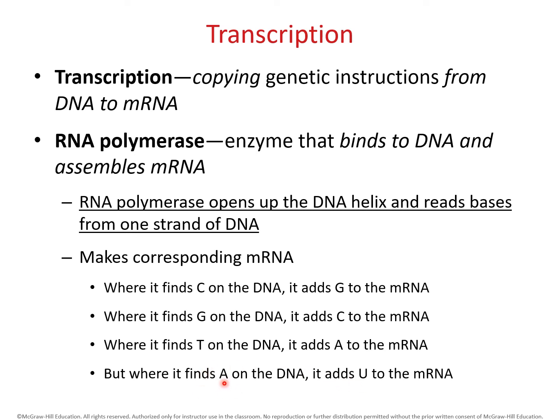So that means wherever RNA polymerase finds an adenine on DNA, well, normally adenine binds with thymine on DNA, but in RNA there's no thymine. So adenine will then bind with a uracil, or actually RNA polymerase will create a uracil that can match up with that adenine on mRNA. So you see how we're getting an mRNA copy of the DNA code. All right?